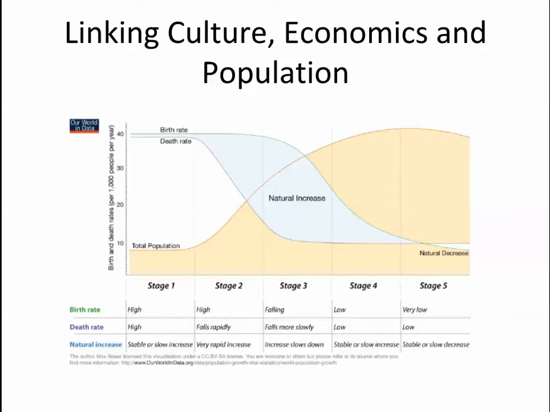Now, culture is an underlying aspect, but it informs everything that we do. And I want to link culture to the other elements through this idea of what we call the demographic transition. Now, from your text, the important idea: the demographic transition is a way to understand how populations change over time and how that change in population can be associated with economics as well as changes in technology.